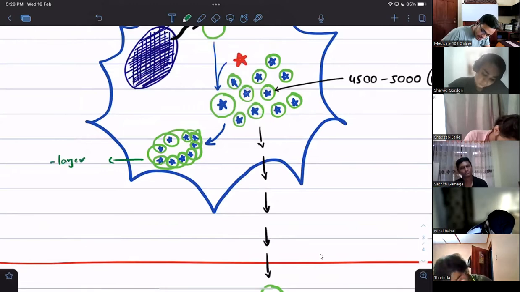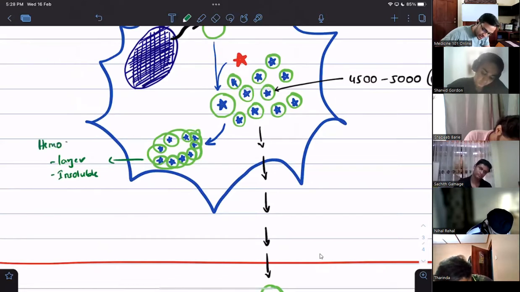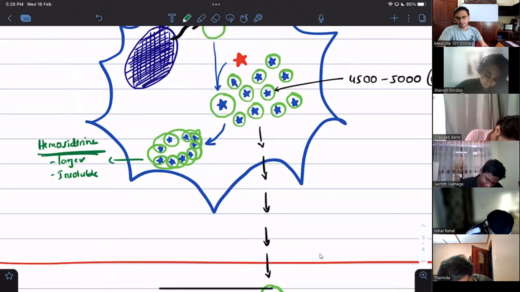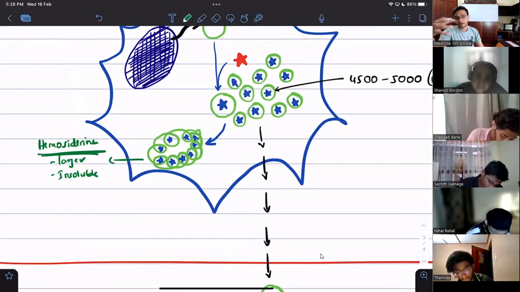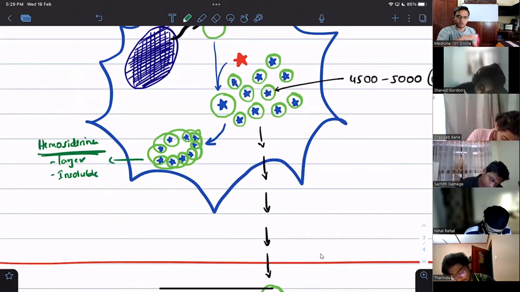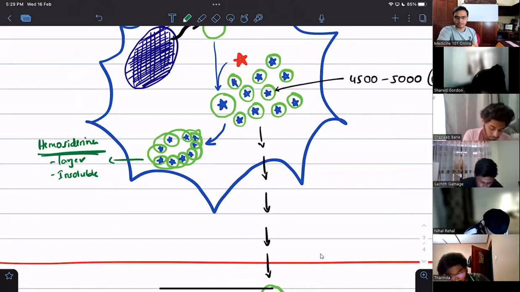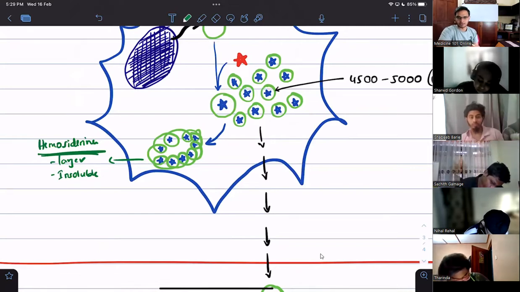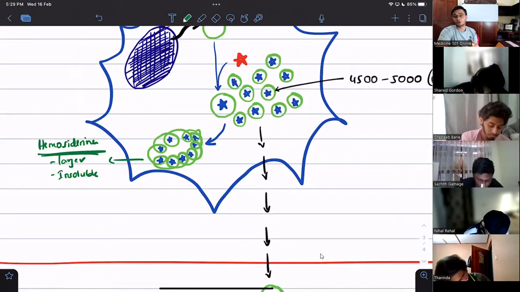Larger, insoluble. This is what we call, guys, hemosiderin, right? So we have ferritin, and once these ferritins join together to form large insoluble molecules, these are what we call hemosiderin. This is another storage form of iron, right? Another storage form of iron. Majority is in ferritin state. If iron is a little bit too much in the body, it will start depositing them as hemosiderin,